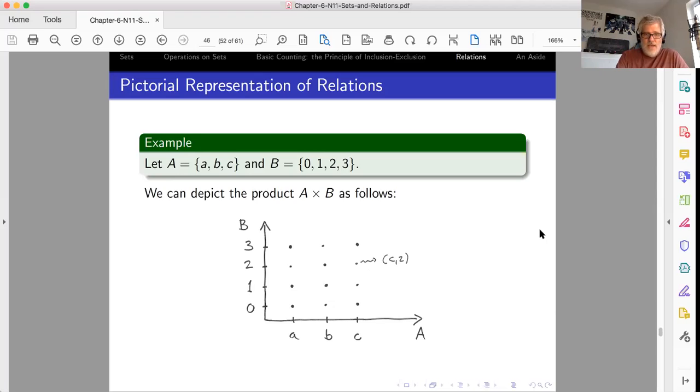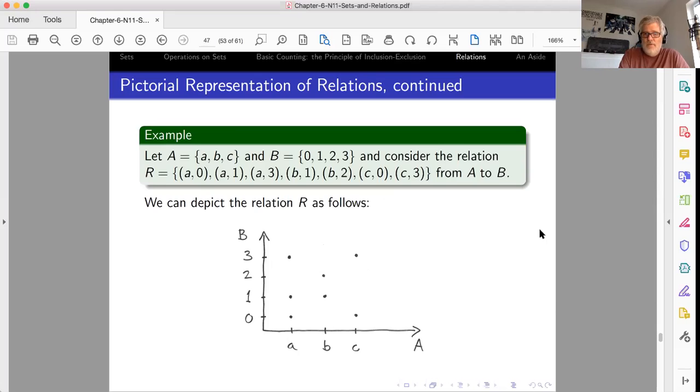Now, using this idea, I can depict any relation from A to B simply by looking at the points in the relation. Here's an example. I take the relation a0, a1, a3, b1, b2, c0, c3. That's one possible relation from A to B. I depict it in the diagram by putting dots where the pairs in R are. You see that there are 1, 2, 3, 4, 5, 6, 7 pairs in that relation,